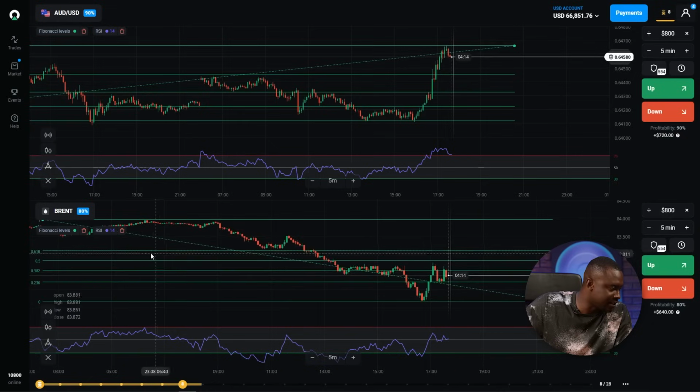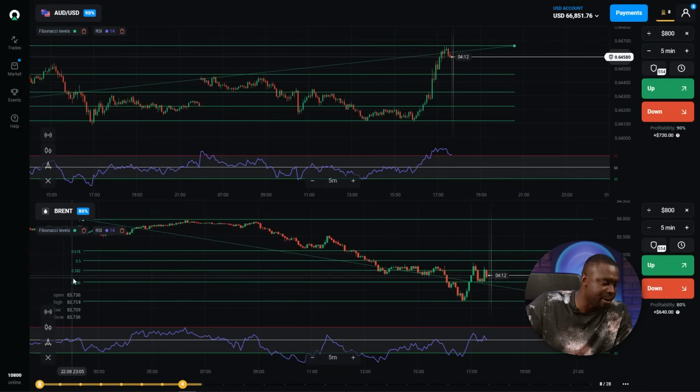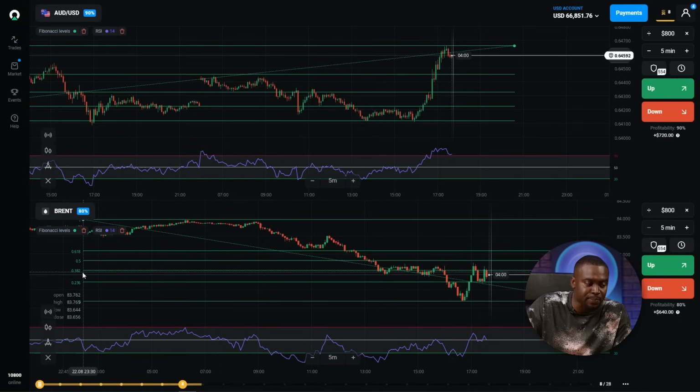So once price touches these three levels, remember the trend of the market moves like waves or swings. So you'll see price testing the various levels. So once price tests either the 23rd percentile, 38th percentile, it means that it is respecting these various levels. So these are the levels that we need to look out for in order to identify a very good entry